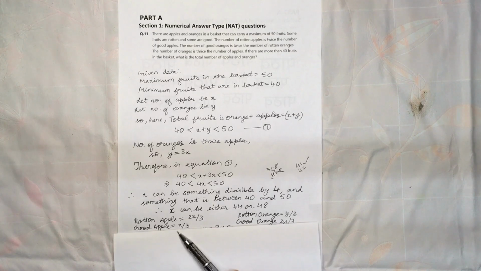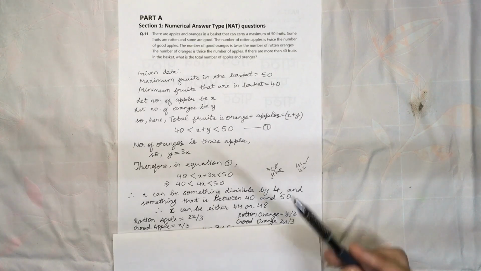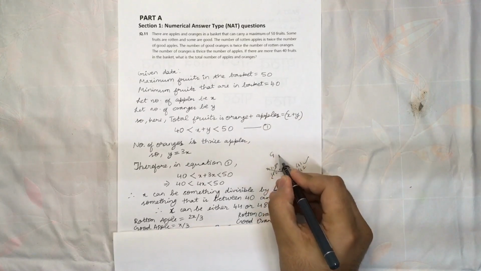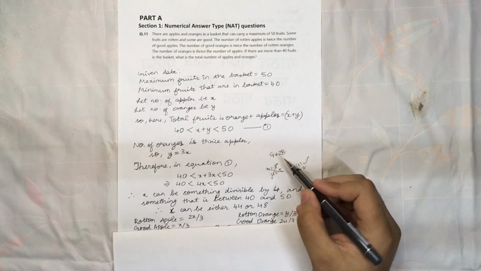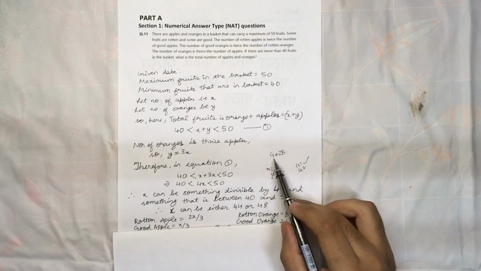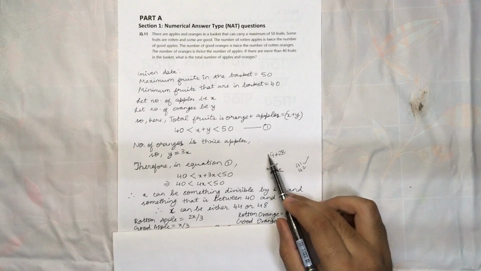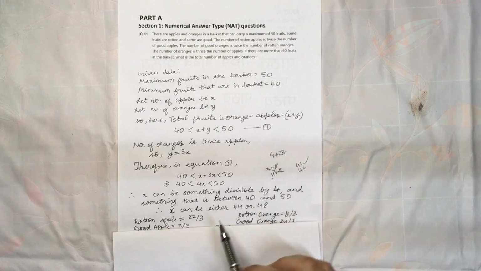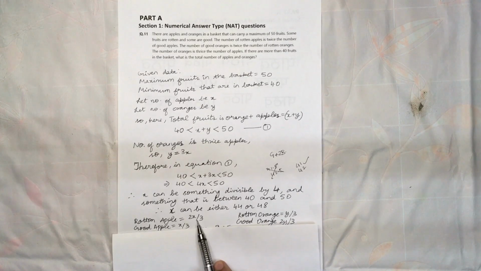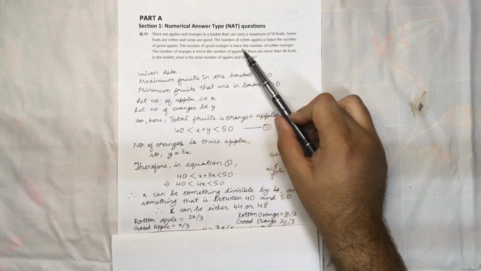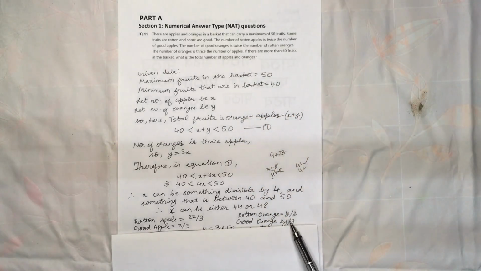If the good apples are x by 3, because we are given that one part is good apple and 2 times of that is bad apples. So rotten is equal to 2 times good. This means totally there will be 3 parts: one part of good apple and 2 parts of bad apples. So divide x by 3 and that will be good apple, and multiply by 2 to get the number of rotten apples. Similarly it is given for orange also. It is given in the second line, number of good oranges is twice the number of rotten oranges. So rotten oranges is y by 3 and good oranges would be 2y by 3.